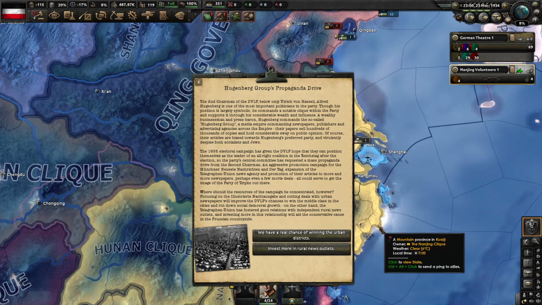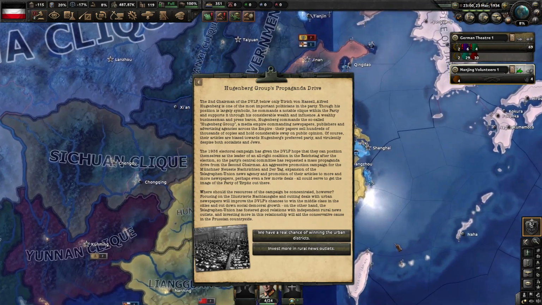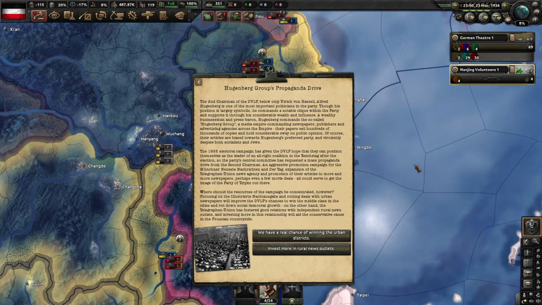Their papers sell hundreds of thousands of copies and hold considerable sway on public opinion. Of course, these articles are biased towards Hugenberg's preferred party and virtually despise both socialists and Jews. The 1936 electoral campaign has given the DVLP hope that they can position themselves as the leader of an all-right coalition in the Reichstag after the election, so the party's Central Committee has requested a mass propaganda drive from the second chairman: an aggressive promotion campaign for the Münchner Nachrichten and Der Tag, expansion of the Telegraphen Union news agency, and promotion of their articles to more and more newspapers, perhaps even a few movie deals, all could serve to get the image of the party out there. Where should the resources of the campaign be concentrated, however? Focusing on the Illustrierte